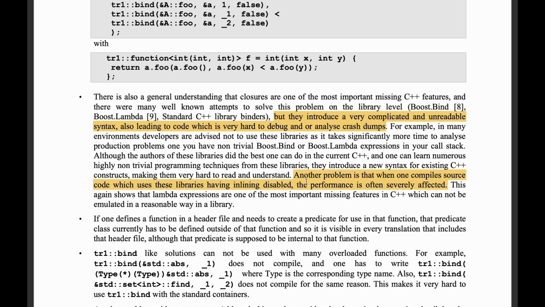Now, another problem that they mention is that when one compiles source code which uses these libraries with inlining disabled, the performance is often severely affected. That just means that if you have inlining disabled for functions, the compiler cannot automatically replace the calls with the definition, right? Now, the performance is often severely affected because of having a third-party library that they have to compile and all,